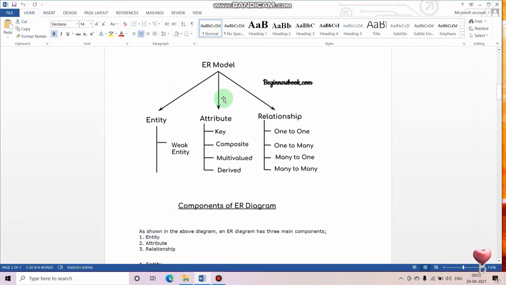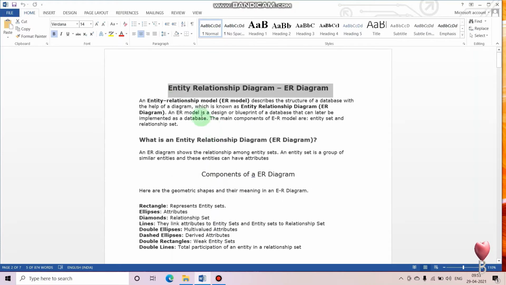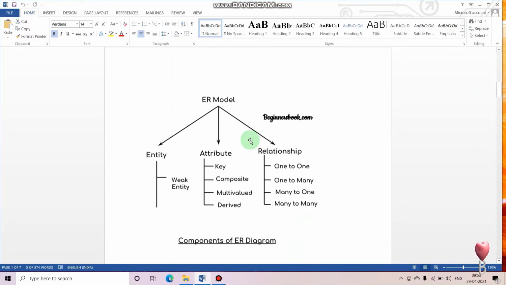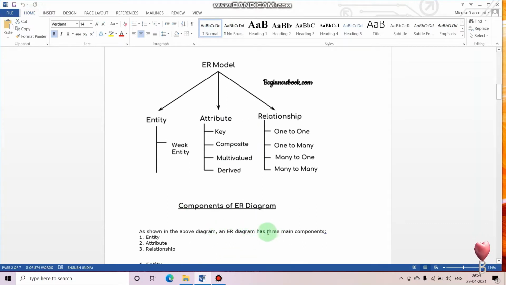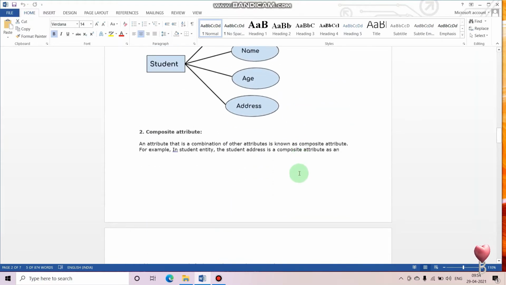So welcome back guys. Today we are gonna finish the half of the explanation of the ER diagram. In the last video we finished the first half of the explanation, that is what is ER diagram and its components. We have seen its three main components, of which two main components' explanation was done. Today we are gonna do this part, that is relationship. What is relationship component in ER diagram? So let's get started.